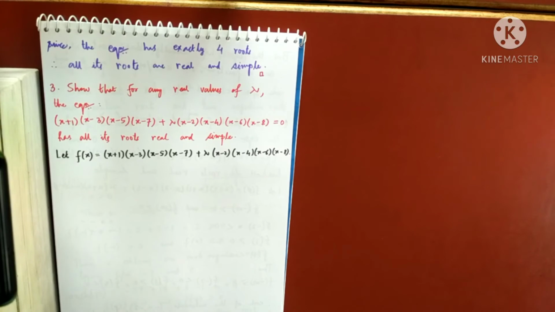So whether f of infinity is a positive quantity or a negative quantity, that will depend upon 1 plus lambda. Did you get my point? Why is it depending this time?